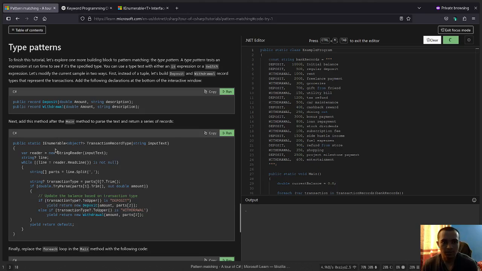Type patterns, public record Deposit. To finish this tutorial, let's explore one more building block to pattern matching, the type pattern. The type pattern tests an expression at runtime to see if it's of the specified type. You can use the type test with either an is expression or a switch expression. Let's modify the current sample in two ways. First, instead of a tuple, let's build Deposit and Withdrawal record types that represent the transactions. Add the following declaration at the bottom of the interactive window. And we're not using this, so